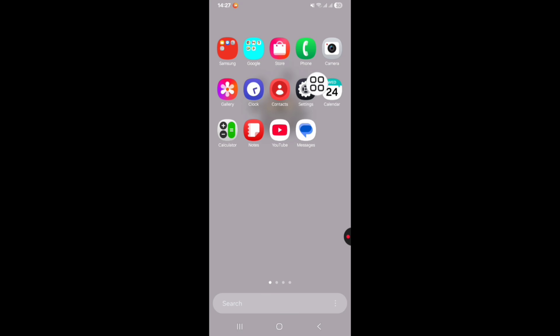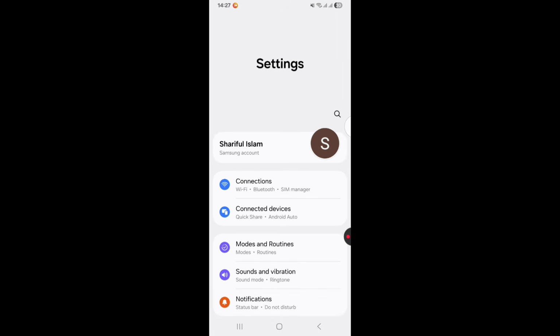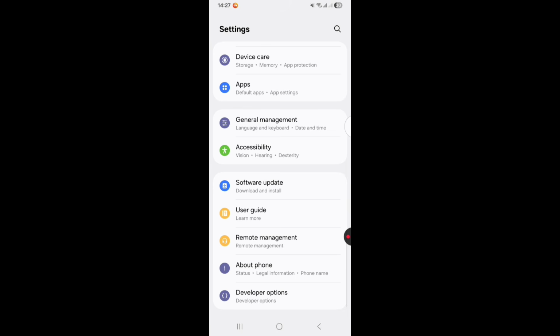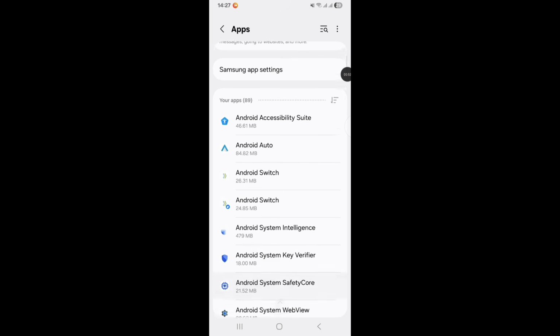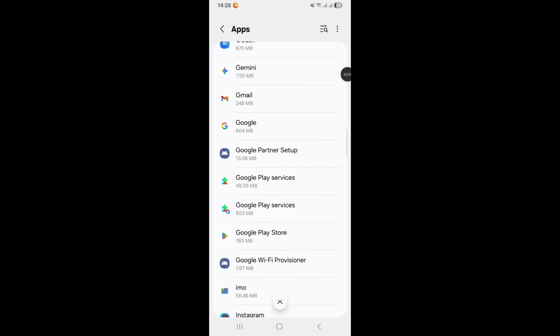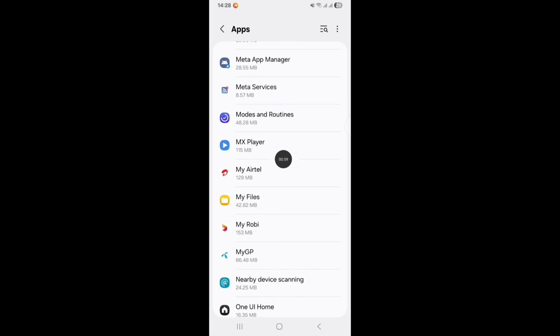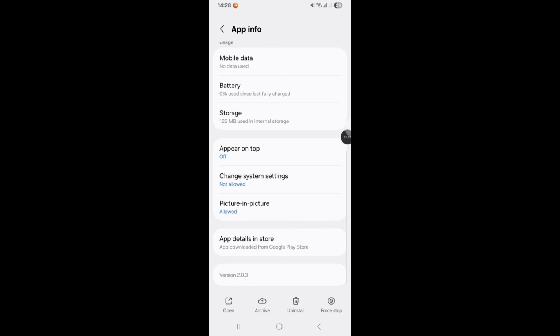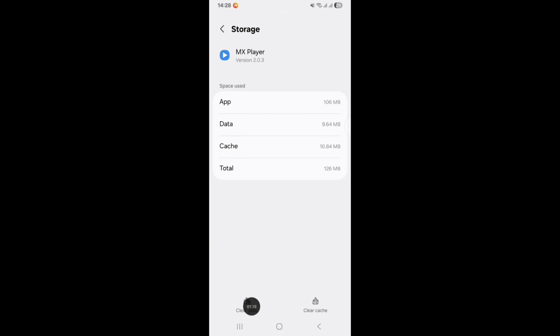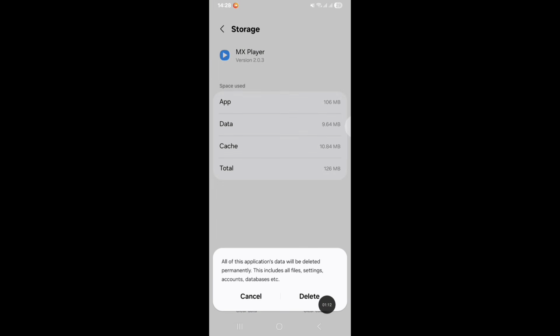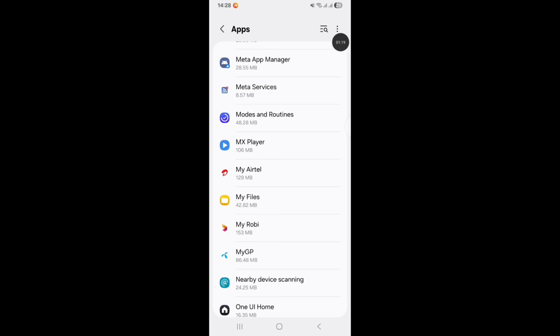Open phone settings, scroll down, tap on apps, scroll down, tap on MX Player, tap on storage, tap on clear data, tap on delete,